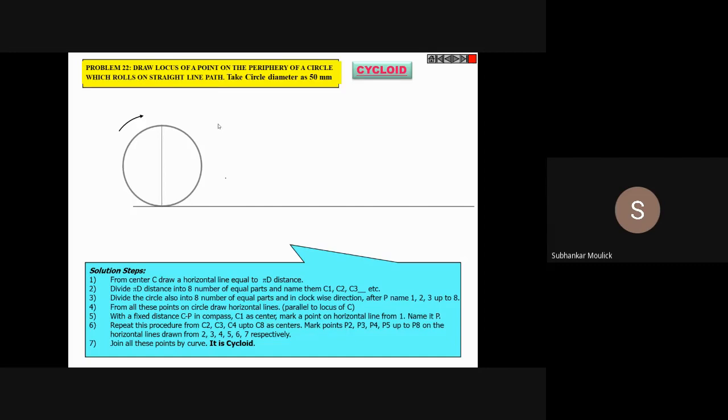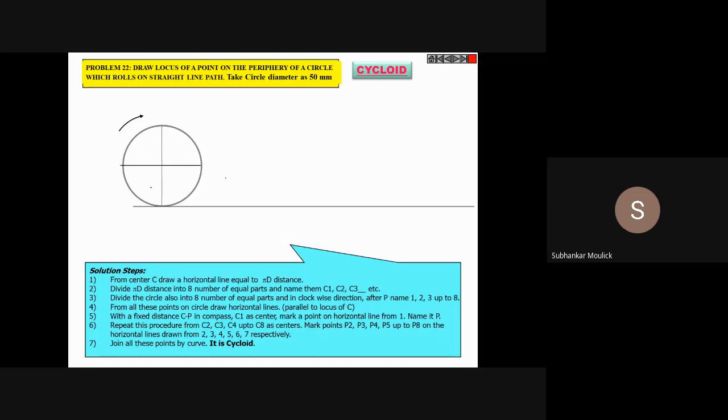Fine. So a simple technique is there. Here I want to divide my circle into 8 equal parts. I will just join the extreme two diameter lines. Now see, the circle is divided into 4 equal parts. Next, if I divide each quarter part again into 2 parts, my overall problem is solved.